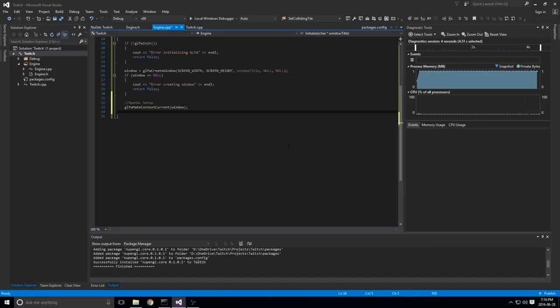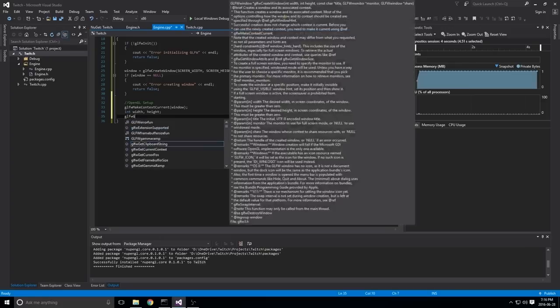So there's a separation between the screen width and height and the window width and height, or well, the frame buffer width and height really. And that's where OpenGL is going to be rendering everything to. So what we want to do is create these width and height local variables, and then we'll get the frame buffer size that GLFW reads from the window we just passed it. And hopefully they match, and they should. But this is just to be safe.